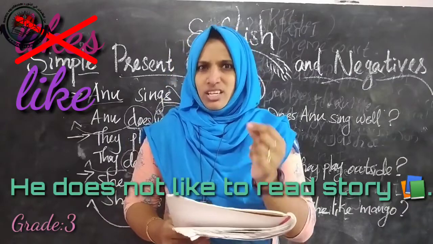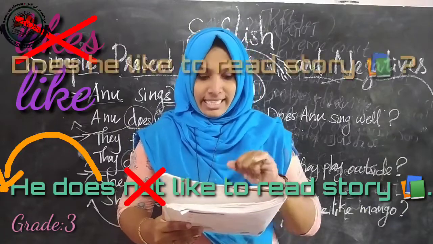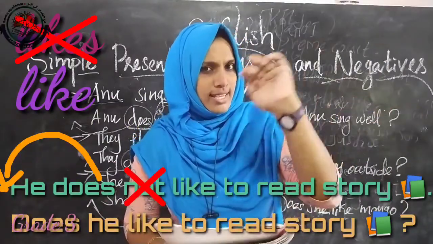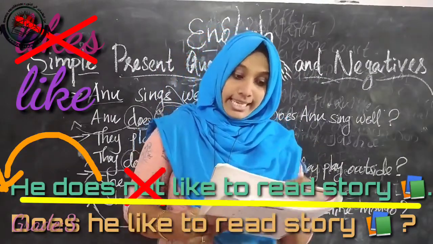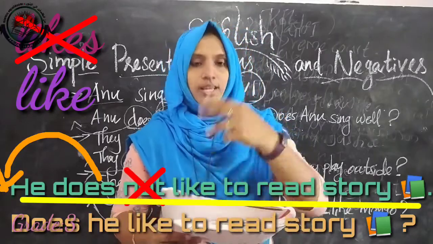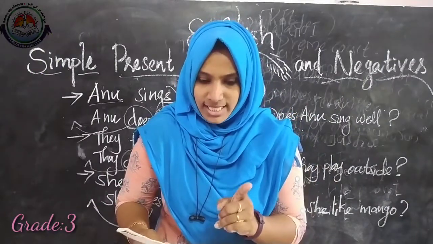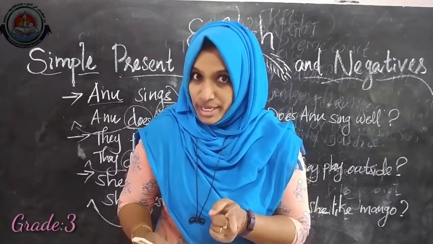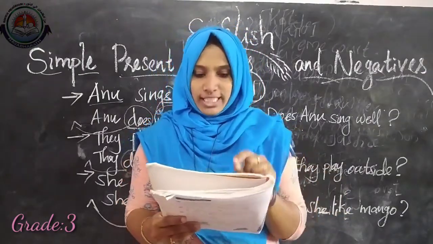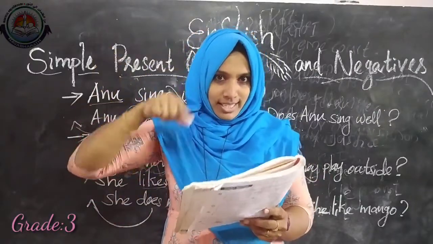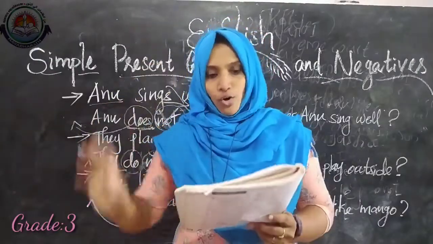For making the question, we need to just cut this not. So it becomes, does he like, right? Just take that negative sentence the same for the question. So it's like does he like, not likes. Does he like to read storybooks? Then D, we always do our homework. We do not, plural. So we do not always do our homework. This is the negative form. So you can change it by cutting not. Then the sentence becomes, do we always do our homework?